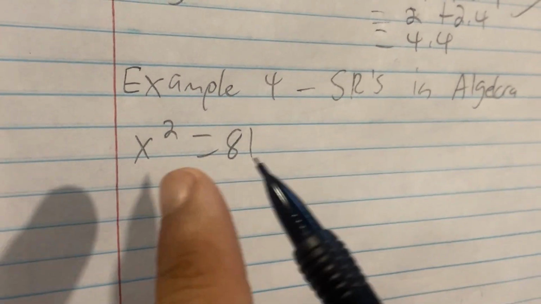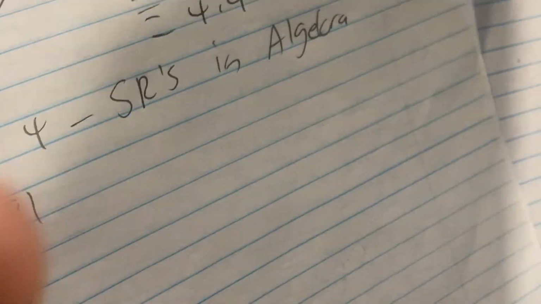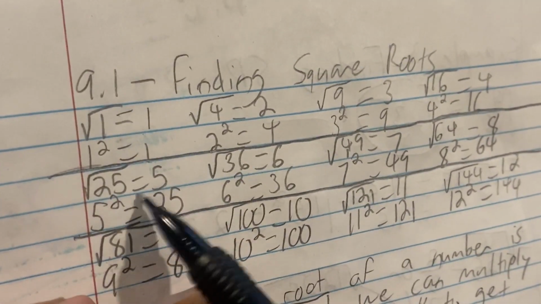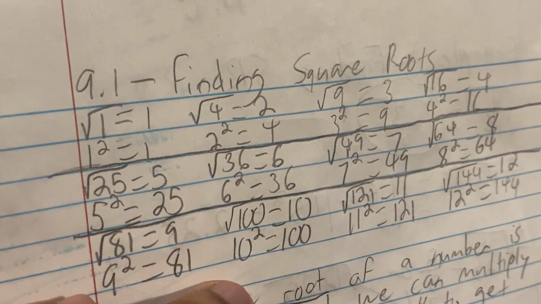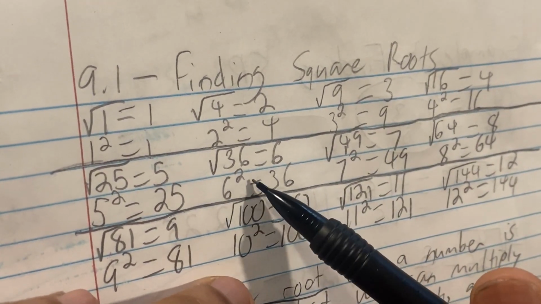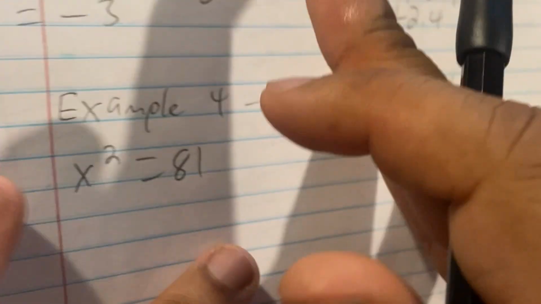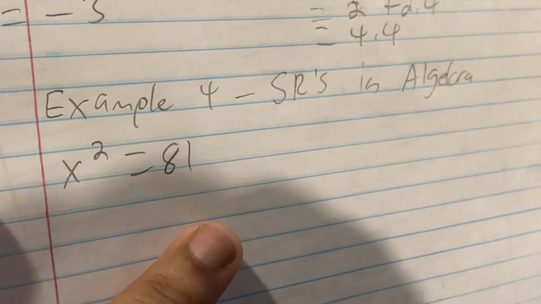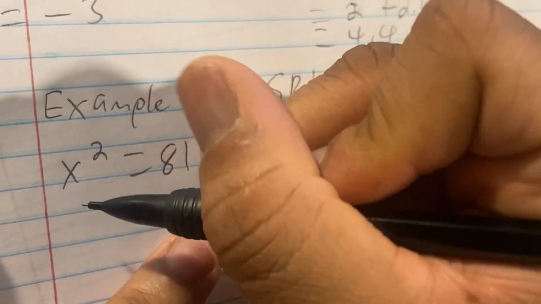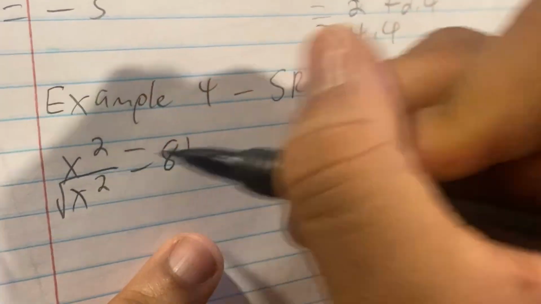So what do you think is the opposite of a square? What is the opposite? Oh, wrong paper. What is the opposite of a square? The square root. The opposite of multiplying a number by itself is finding the square root of that number. So in order to find out what this 81 is, we had to find the square root